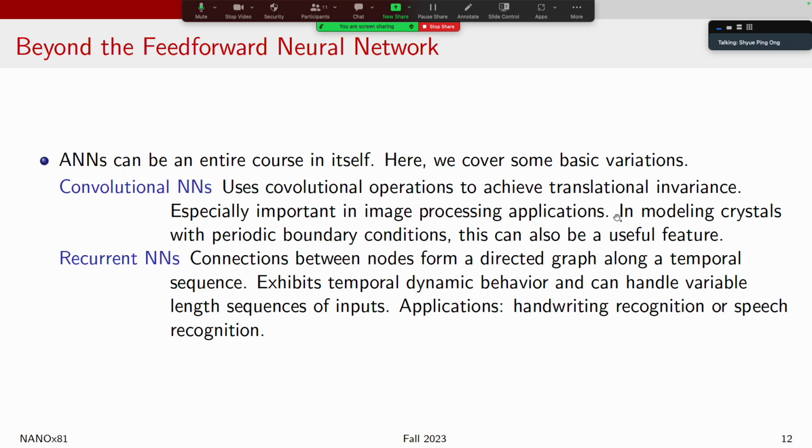Similarly, in material science, we actually have many instances where this kind of translational invariance is important, right? For example, whenever we model crystal structures with periodic boundary conditions, we also have translational invariance. Just shifting the atoms by a constant vector has no effect on the properties of that material itself. So that is why convolutional neural networks would be potentially interesting for such